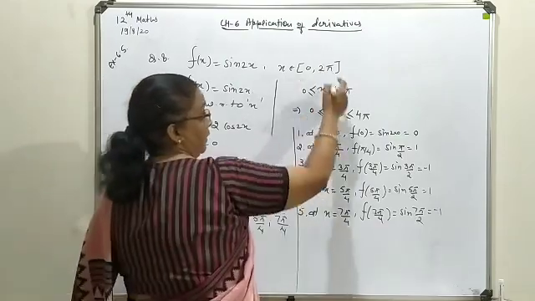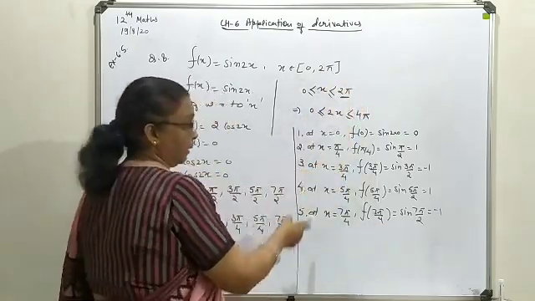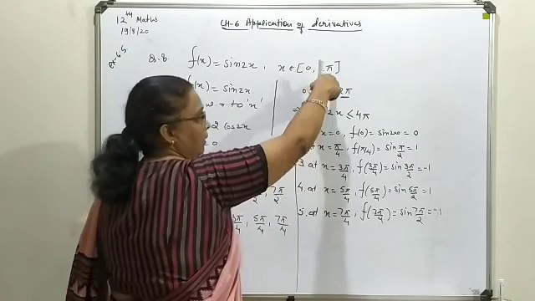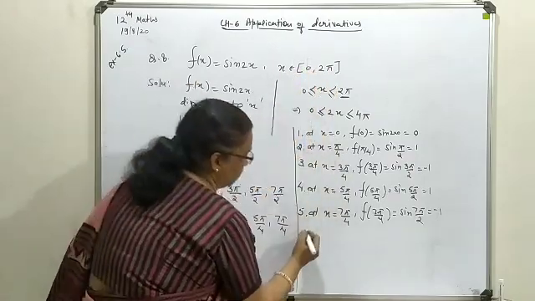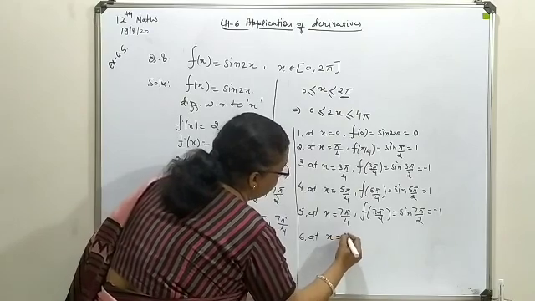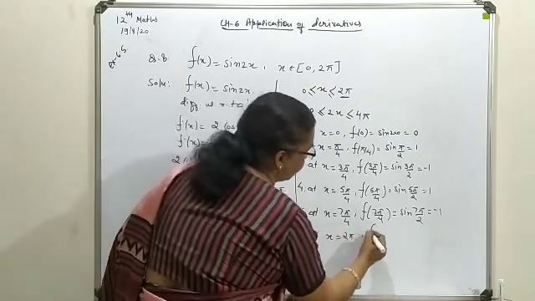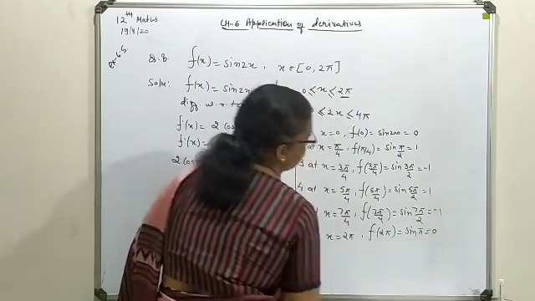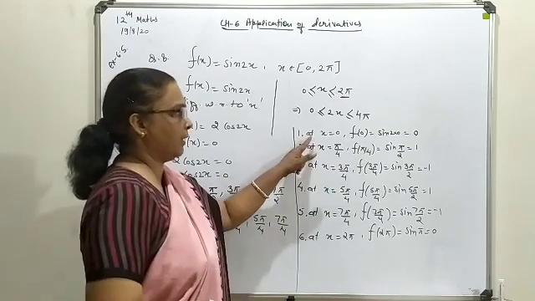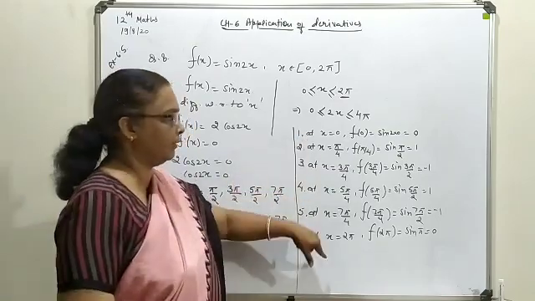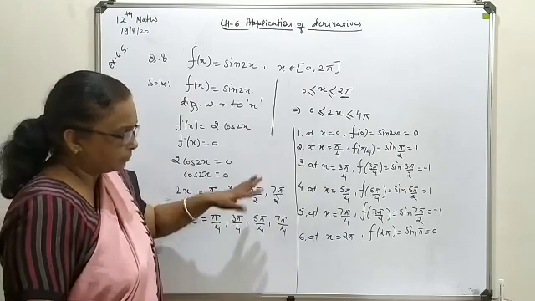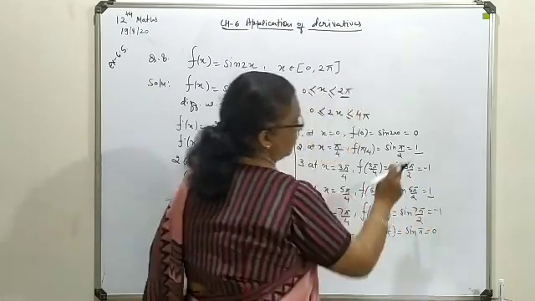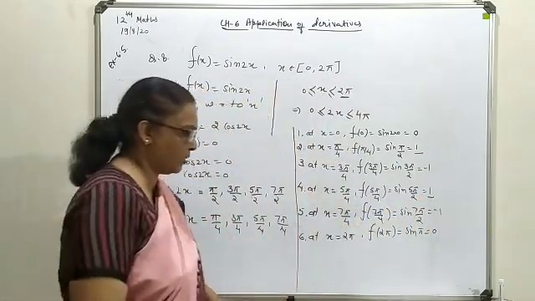Now at last you will have this final one. Remember, here everywhere we have written x, not 2x. So you will talk about the x solution regarding this given closed interval. So the last is x is equal to 2 pi. Here 2 pi means sine 2 pi, that will give you 0 solution. So you can see at x is equal to 0 and x is equal to 2 pi you are having 0 solution, whereas the maximum value, that means 1, you have over here and over here. So at these 2 points you are having the maximum solution.